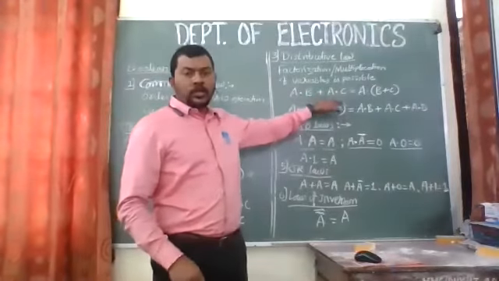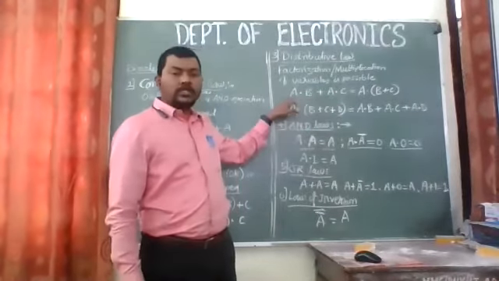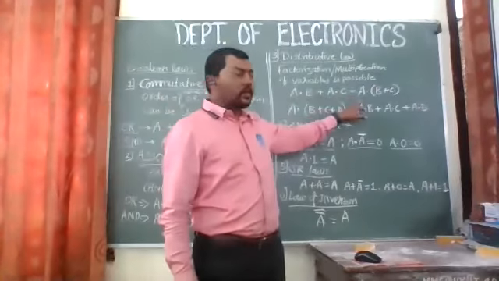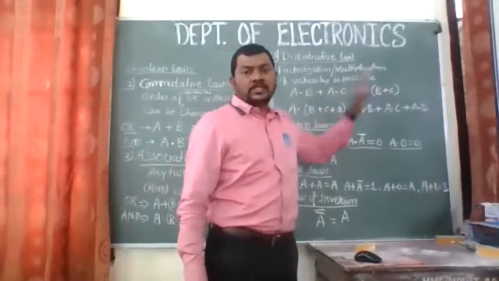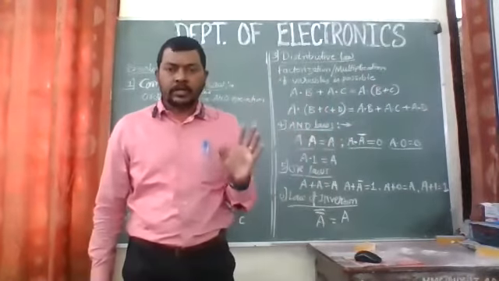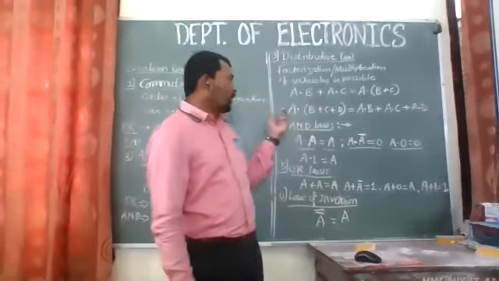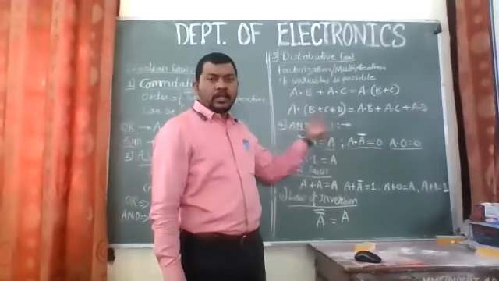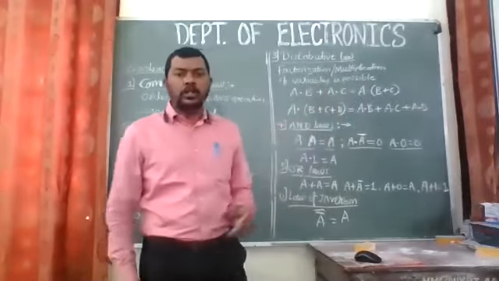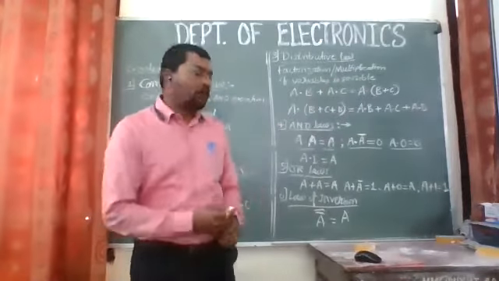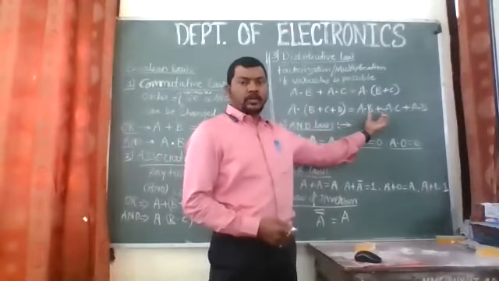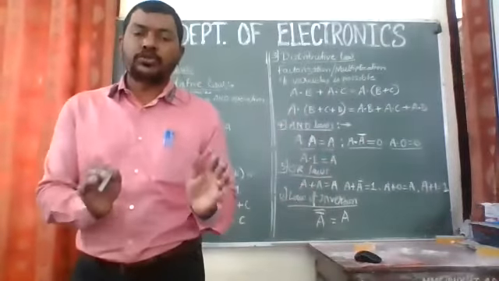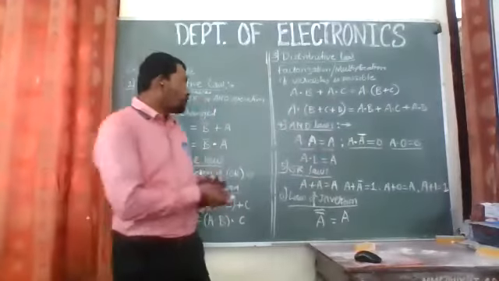So A dot B plus A dot C is written over here. Factorization means we can take A as common. So A is taken as common, and it can be written as A dot (B plus C). That is factorization. For multiplication, if we have an equation like A dot (B plus C plus D), then this A is to be multiplied with all the variables inside that bracket. So A dot B plus A dot C plus A dot D. That is how I have written it, just to show the example.